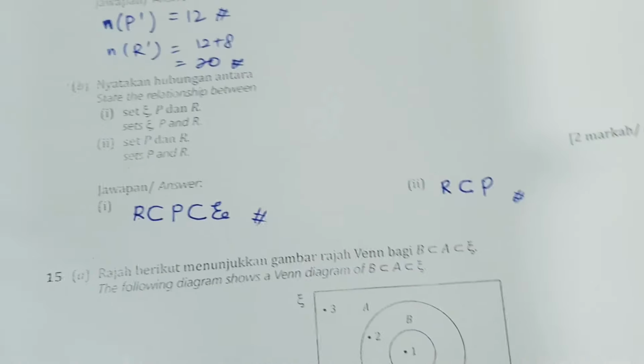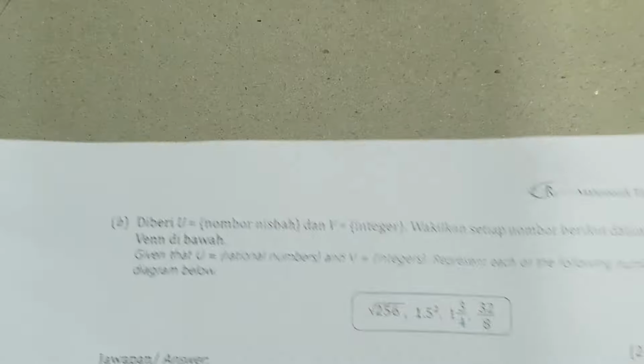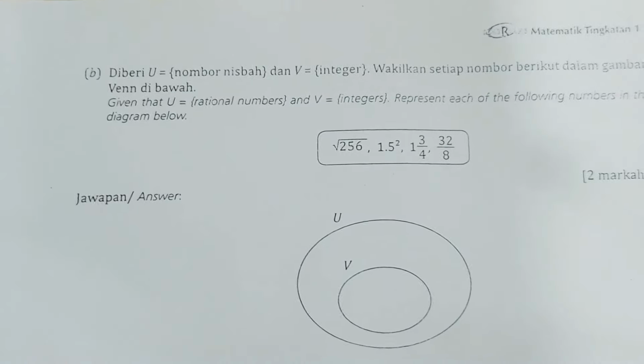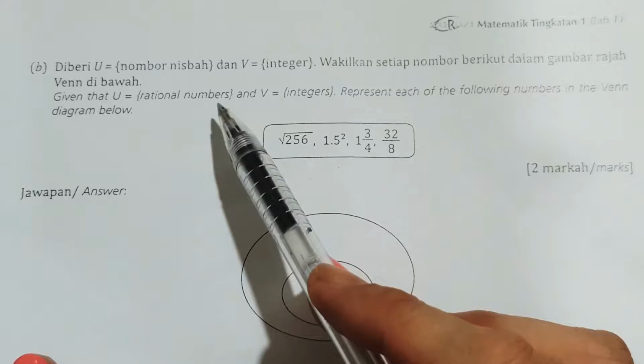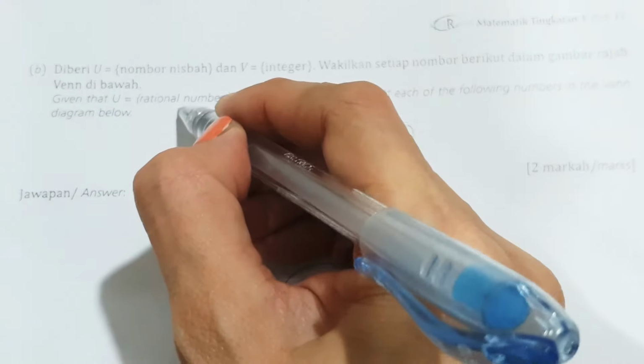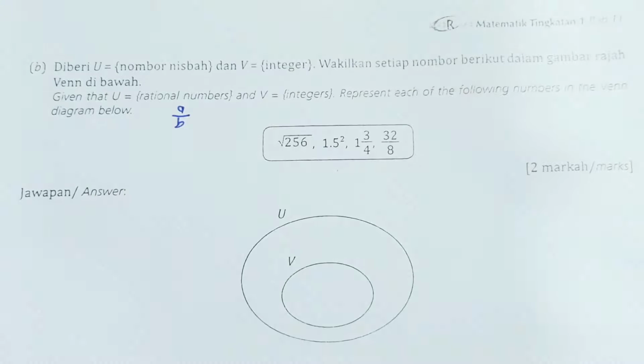Okay, so that is number 15A. Let's go to 15B. Now, given that U is the rational numbers, they are all the numbers that can be written in the form of